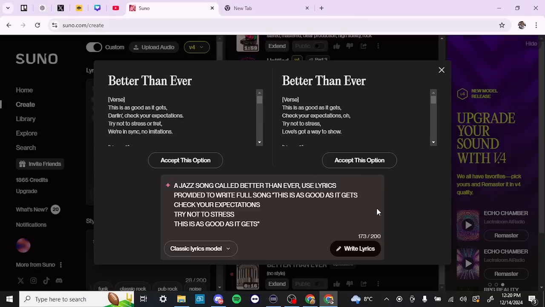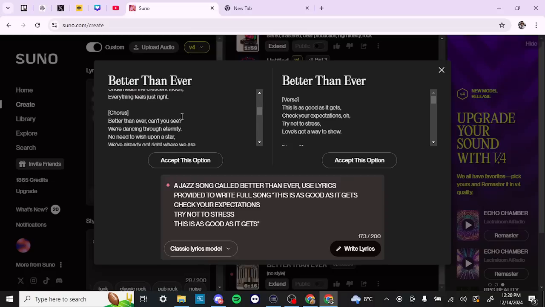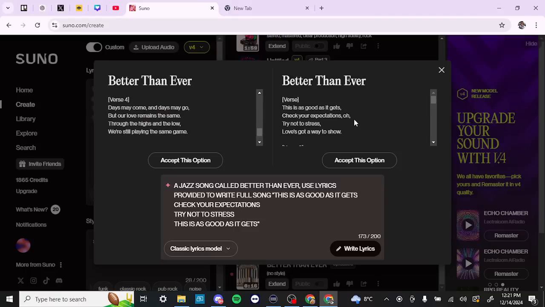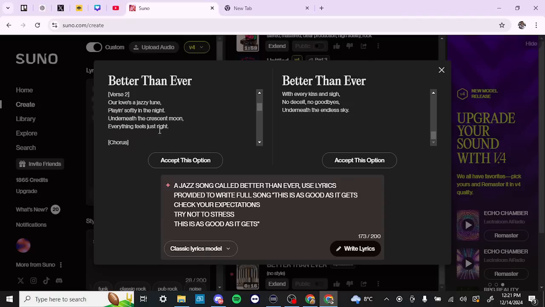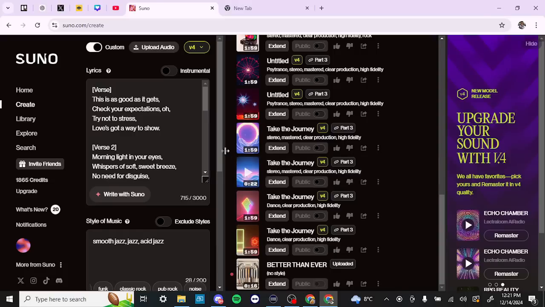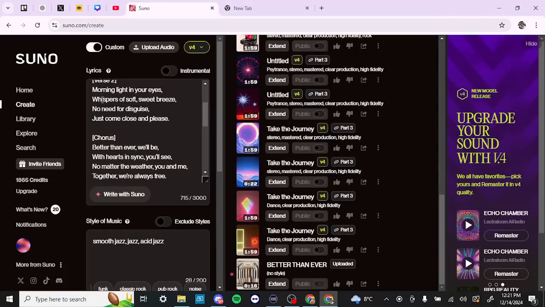Okay, so that worked out this time. Okay, so that's quite nice. It did take my lyrics here and it just added some additional details. Let's see here. Okay, I think I like the second one a bit better because it did pull more from my lyrics there. So there you go. So now we have the lyrics here in our song,